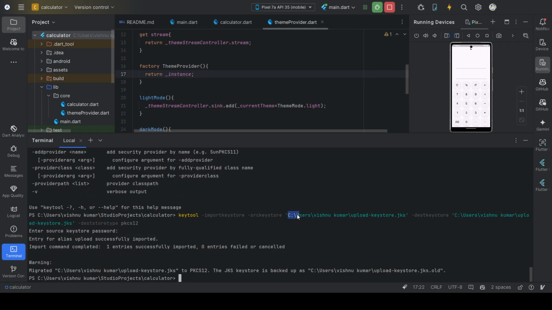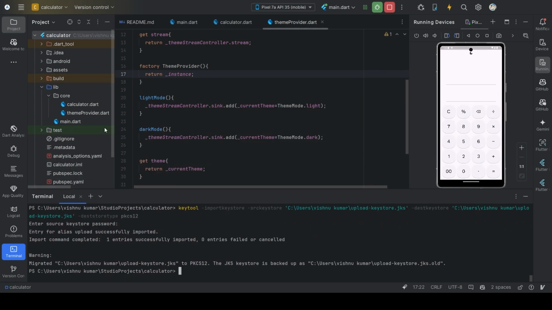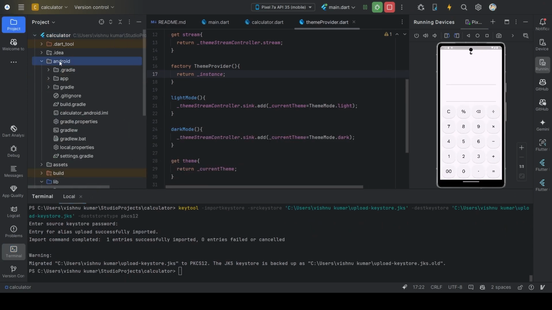Go to this path, right? And I'll have upload keystore files. Copy these files and save these files, identity files. Inside the project Android, you create a key.properties file. So go to Android, new file, key.properties,